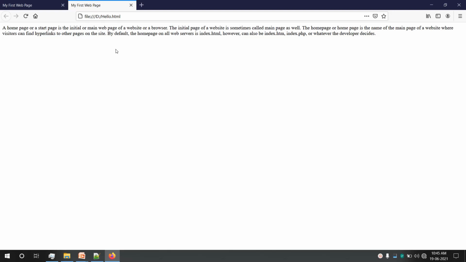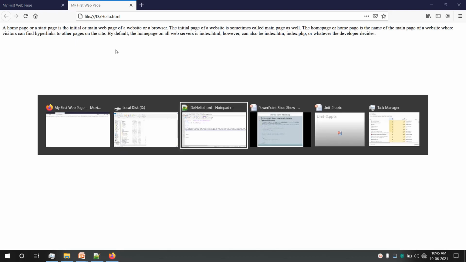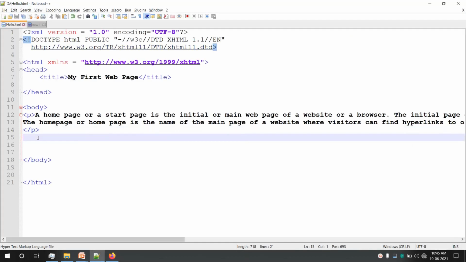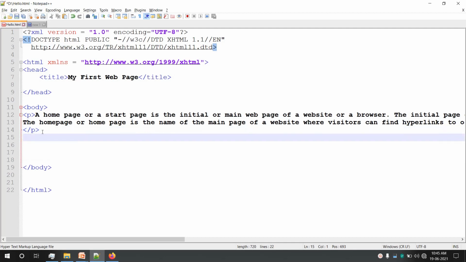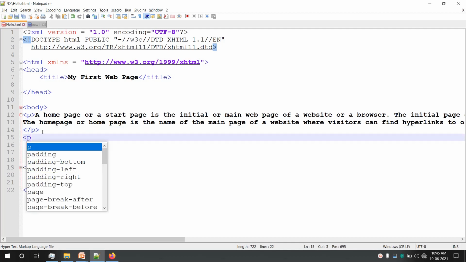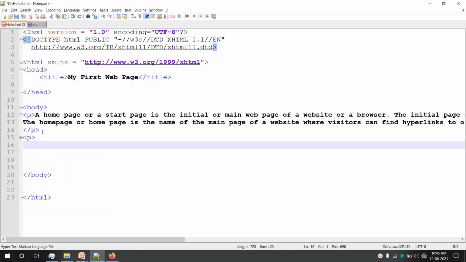Now let's say if I create one more paragraph in that. Okay, so what I'll do is I'll add one more paragraph into it. And inside this paragraph again I'll add the same text.